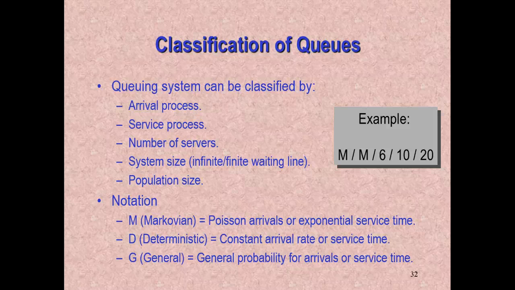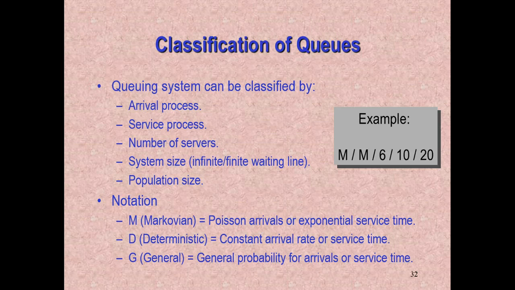So if things are arriving according to a Poisson process, they're being served according to an exponential process, and we have 6 servers, it would be an M/M/6 queue. Okay, that's how we classify it. An M/M/3 would be Poisson, exponential, 3 servers. An M/M/1, Poisson, exponential, 1 server. Now these last two are not as commonly used, okay? And a lot of times we omit them, and if we omit them, we assume they're infinite. Even though they really can't be infinite, they're big enough that we can assume they're infinite, okay?